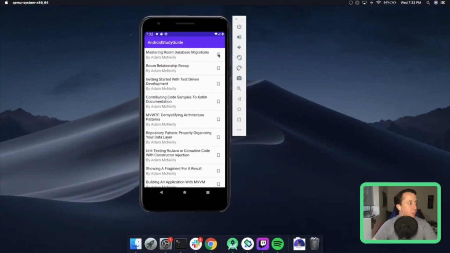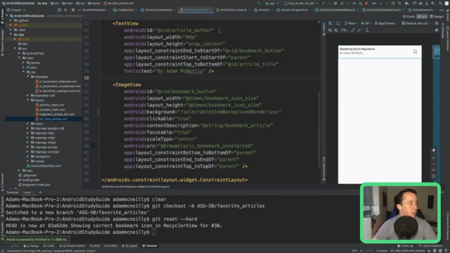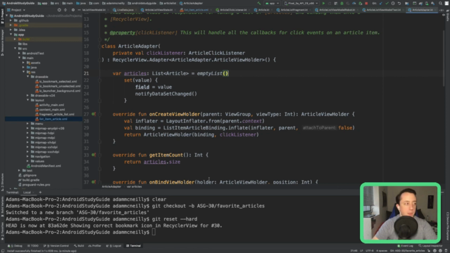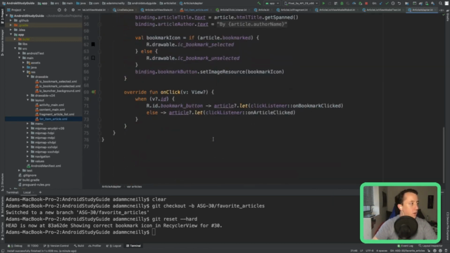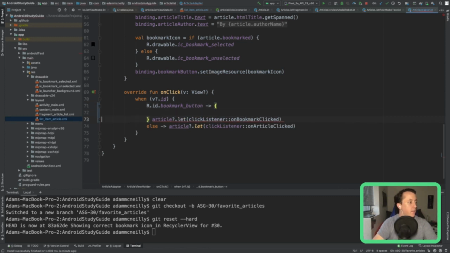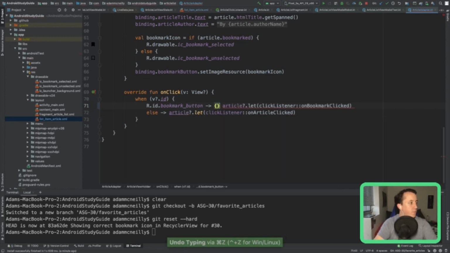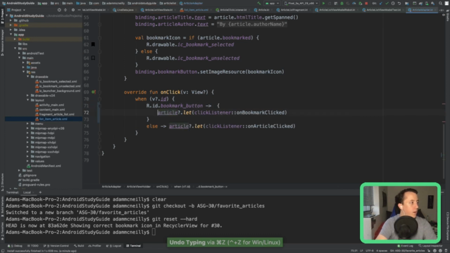Try just doing the change locally in the view holder. I did that, actually. That was one of the things that I tried. So I thought I did. Let's go back. Okay, so here, when the bookmark button is clicked, whoops. So we're going to comment out this line where we're putting the call through.